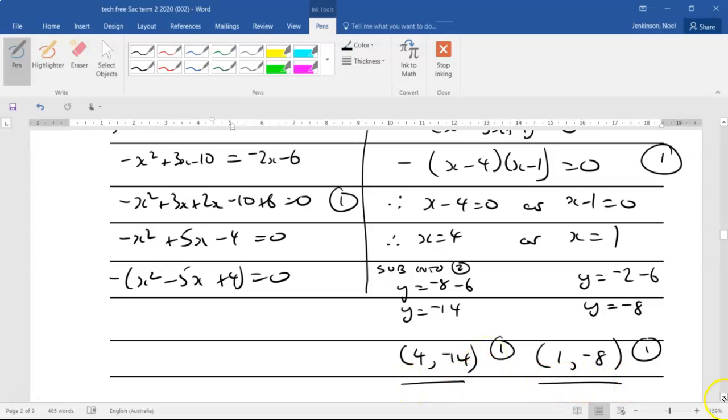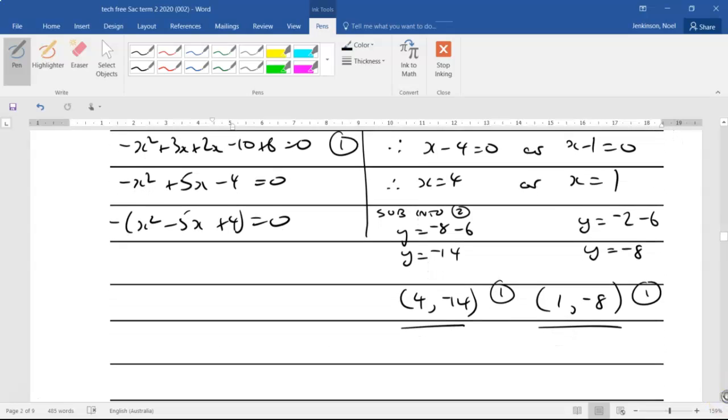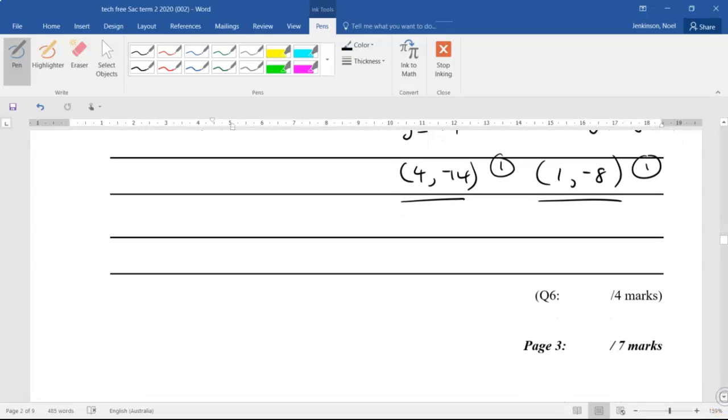as coordinate pairs. I think that's the end of page 3, so I'll say